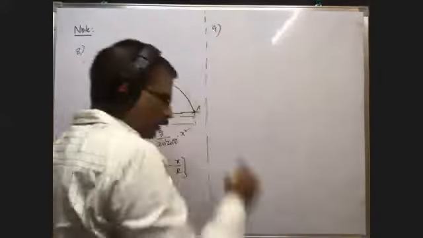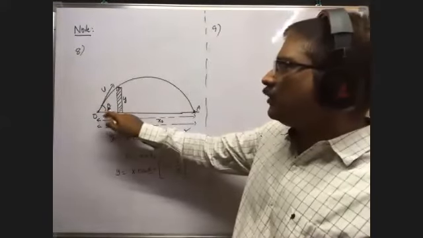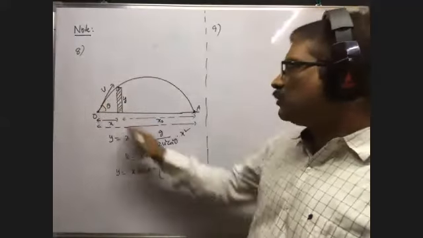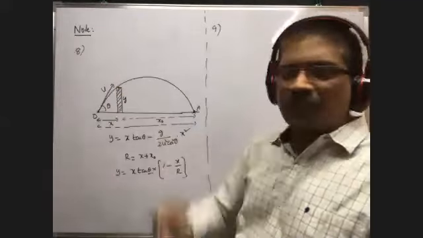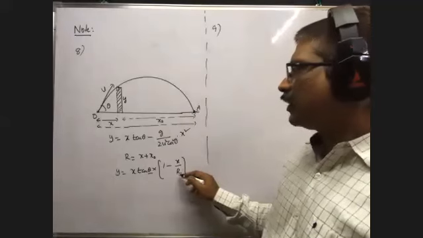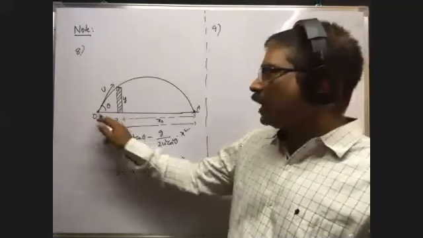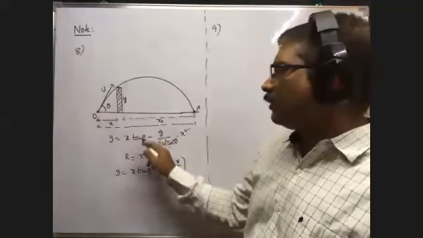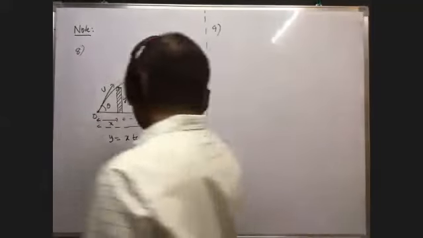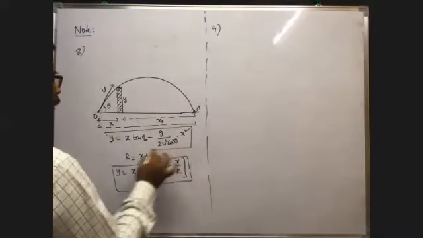Ninth one. So here, with what angle of projection the body is to be projected so that it just clears the wall, means this one. Suppose you are given the velocity of projection. Range is not given. If you are given velocity of projection u, distance of the wall from the point of projection, and height of the wall, then what is the angle of projection? By using this formula we can calculate. So these two formulas are very, very important. This formula and this formula. These two are important for this concept.